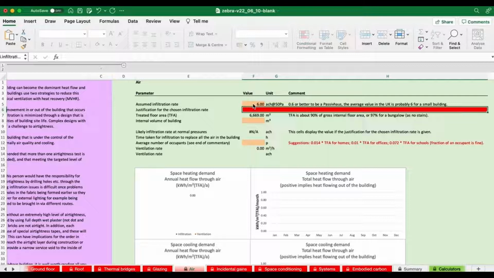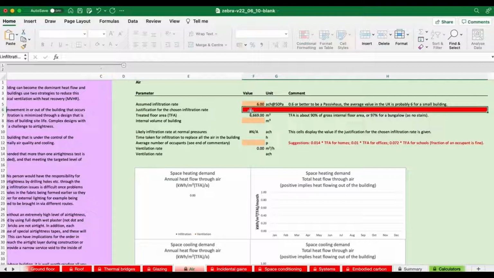So this is during the pressure test when there's a big fan pressurizing the building. So we're going to go most of the way down from there, halfway down. So we're going to choose 6 air changes an hour, so 10 times the value of passive house. We then have to type in this red area some justification. Now this cell actually doesn't do anything. It's just to ensure you write a note in there of some form. So if anybody else is looking at the sheet, they can see your justification for choosing this.